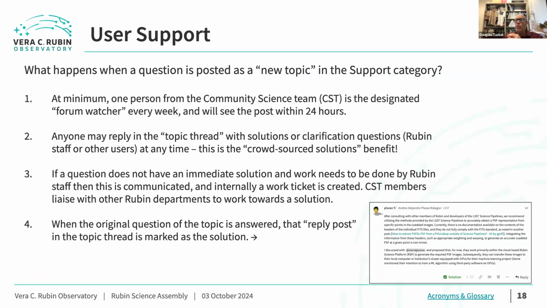What happens? So let's say you post a question, post a new topic in the community forum. What should you expect when a new question is posted as a topic in the support category? Well, every week we have a weekly forum watcher from the community science team, and they will see the post within 24 hours, and the plan is to have at least some response within 24 hours